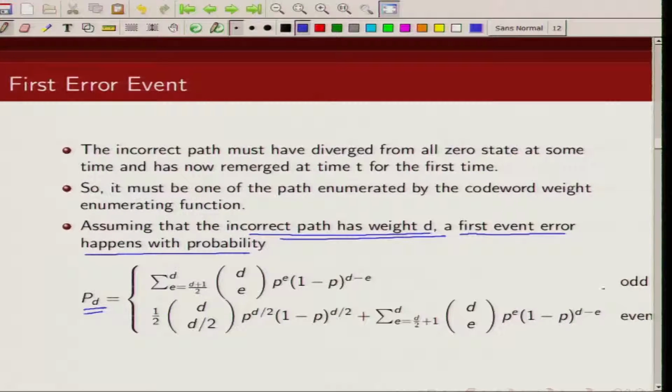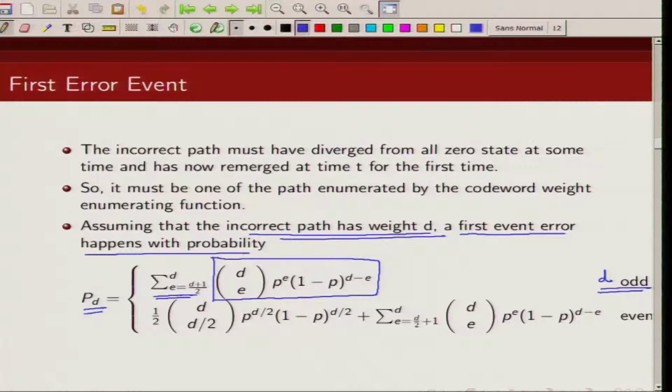Now, if d is odd, then this probability is given by the sum of this probability, where the summation takes place over all error patterns from (d plus 1) by 2